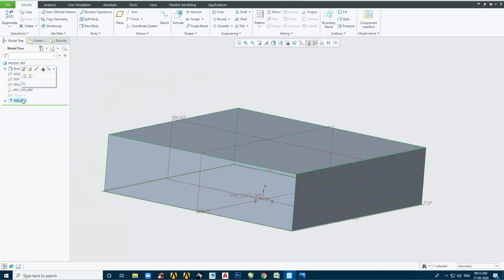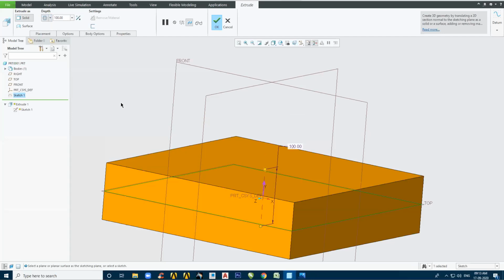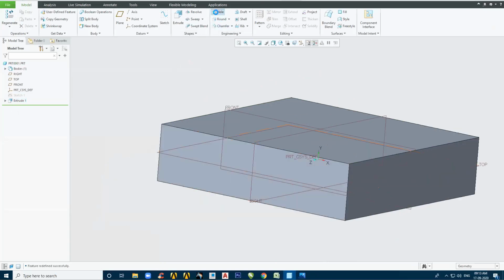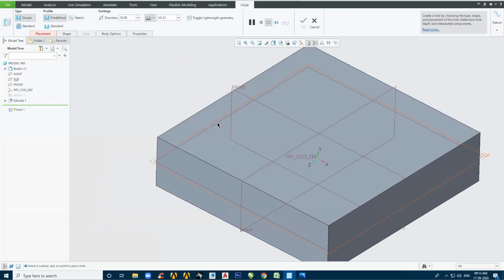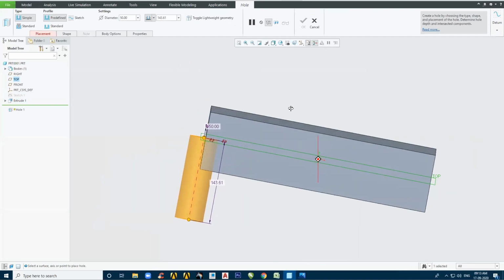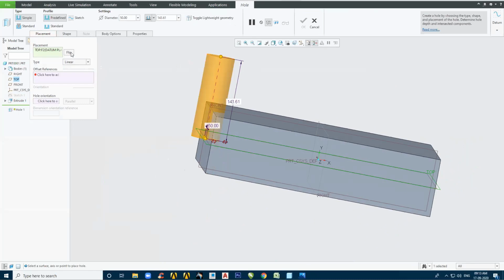I will come in extrude, click on edit definition, and change this to symmetry. So what will happen now? 50 will go up, 50 will come down. I have my middle plane. Now while preparing the hole, I am selecting the middle plane. I clicked on the middle plane for creating the hole. You will notice that now my hole is starting from the middle plane and coming down. If I come in placement, I can flip it up, I can flip it down. That is where flip is going to come into the picture.